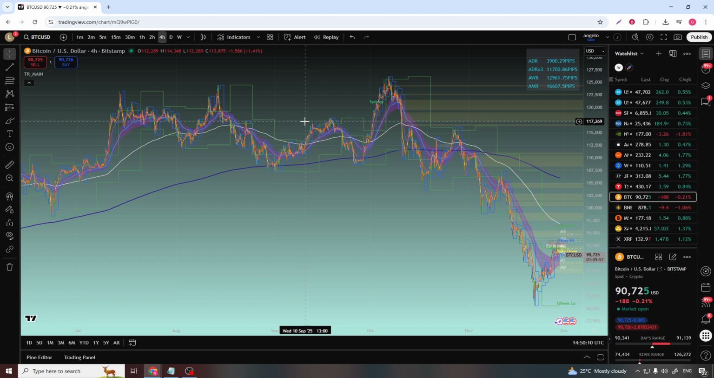That's all there is to it. Open your chart, click Indicators, use the search box to look for Traders Reality Main, add it to your chart,